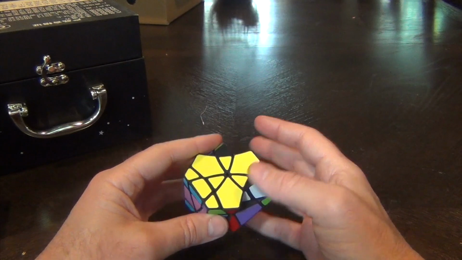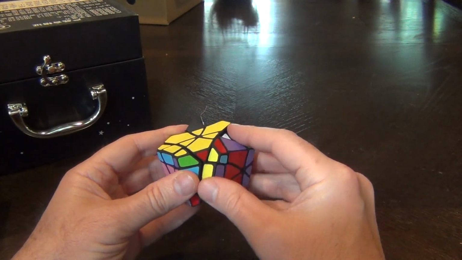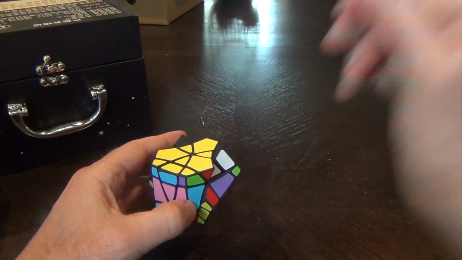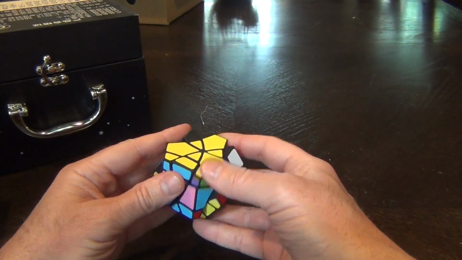By moving another white one to here, this will go here, this will go here, and this will go here. The reason why I want that to go here is because it moves it closer to this piece here. And it also swaps 2 white ones, which is kind of what I wanted to do. So let's go